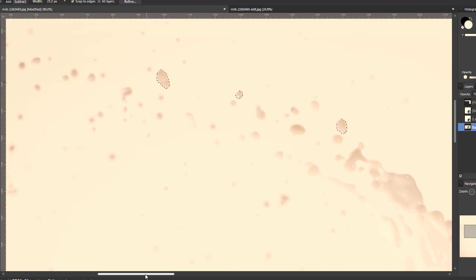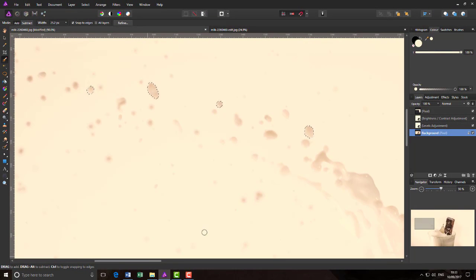So I'm just going to pick about 3 or 4. Let's try that one. Right, so I have 4 of these splashes selected. So now if I duplicate, and I'm going to use the keyboard shortcut, which is Control and J,